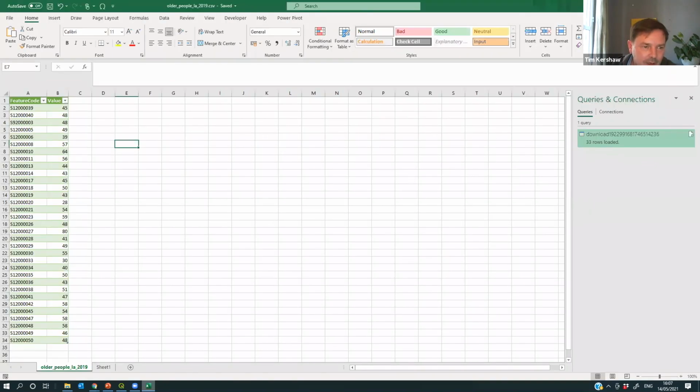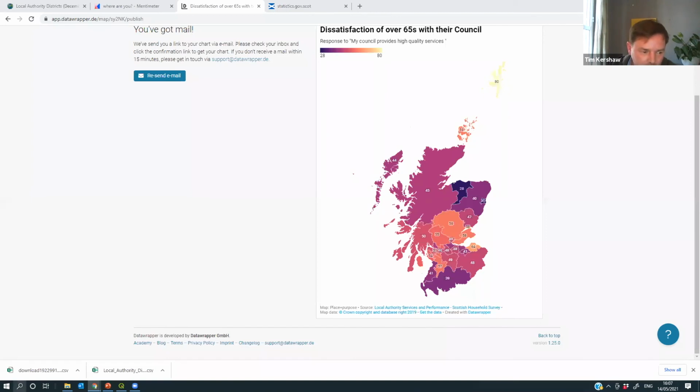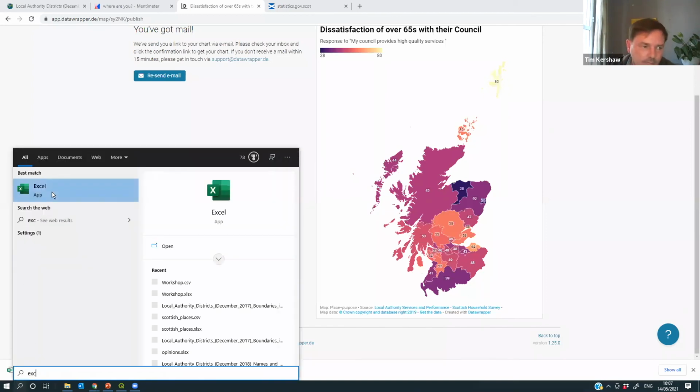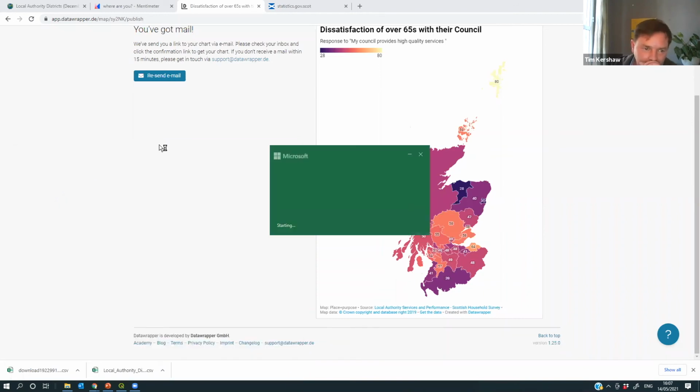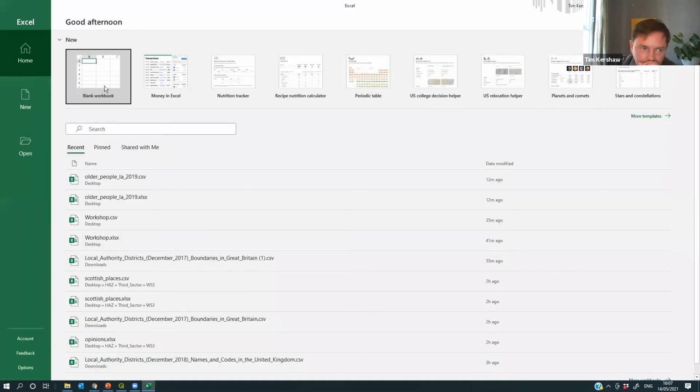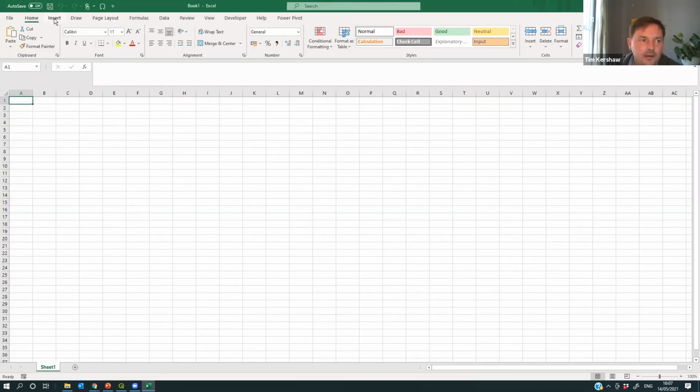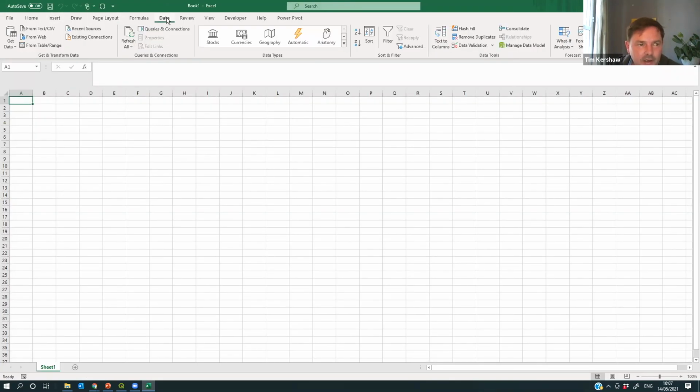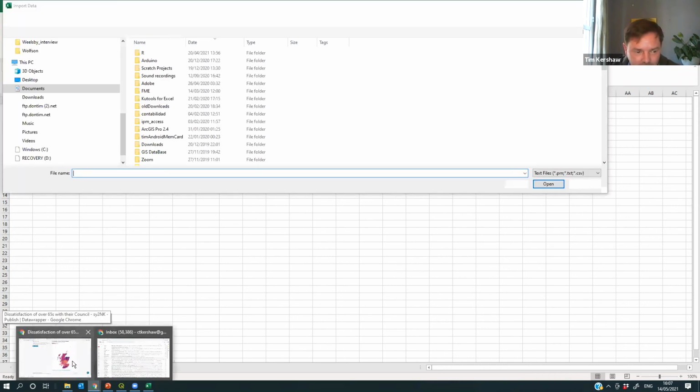So I'm going to go to Excel again. I'll close these sheets. And I'll go through the same process again, and I'm going to get that same file, but I'm going to be looking at something different this time. I'm going to be looking just at Edinburgh. So click on From Text CSV, and while that's loading, I'm going to go back here and check out what the code